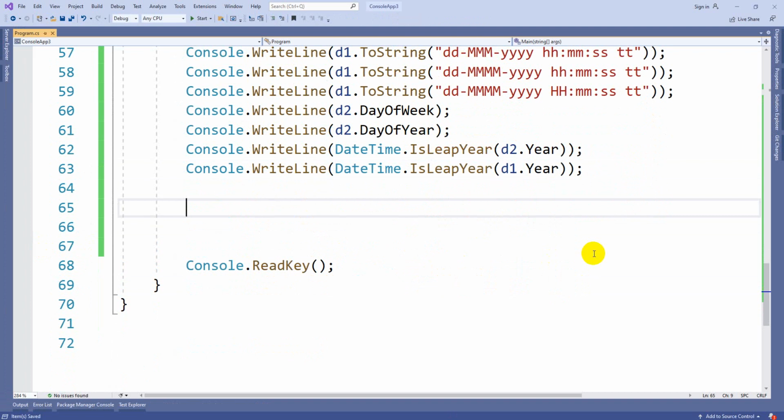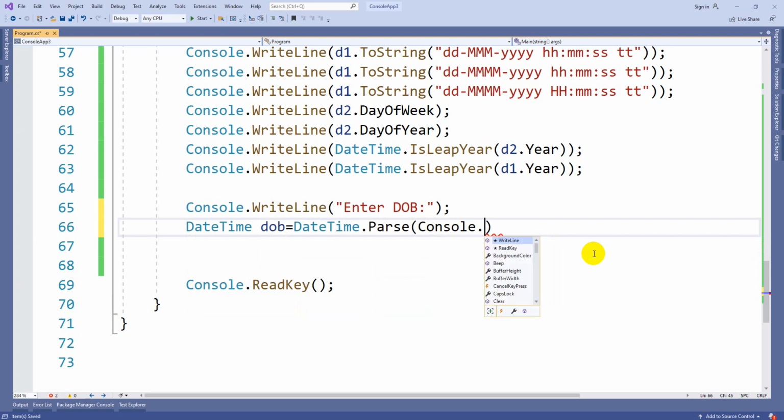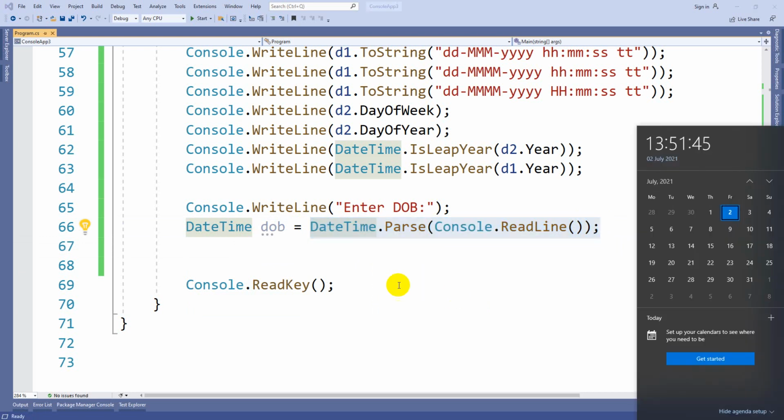And one more thing guys, whenever you want to read a date from the end user, how to read? Suppose: enter DOB, for example. Then you will take DateTime DOB equal to DateTime.Parse of Console.ReadLine. Now if I execute, since I did not mention any specific format, I always need to pass the date as per my system order.